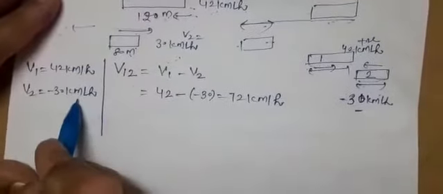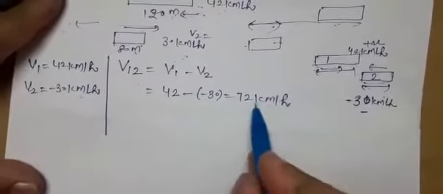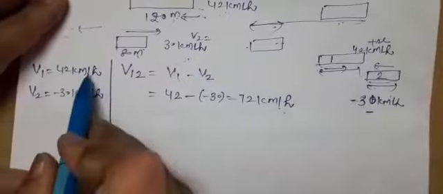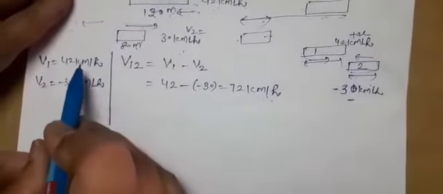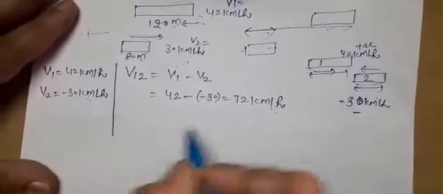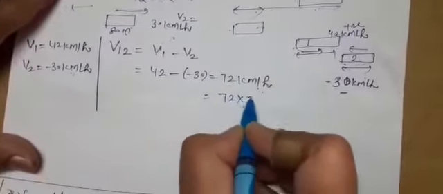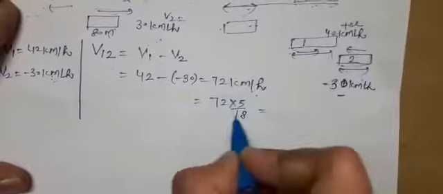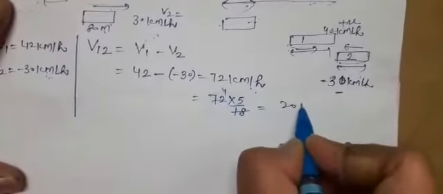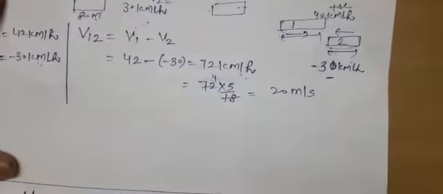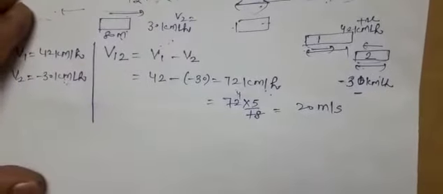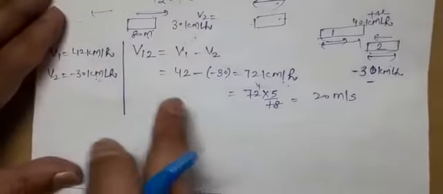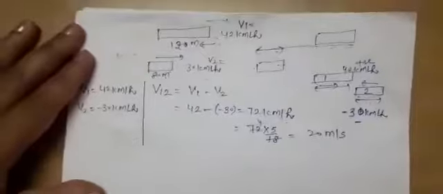You can convert it. I will convert it at this step because it will be a simple calculation. If you do it at the earlier step, you have to proceed with slightly more steps. Now here 72 into 5 by 18. So when you solve it, you will get 20 meter per second. You can do it here also. It will not make any difference. So I hope this point is clear, why we have taken relative velocity.